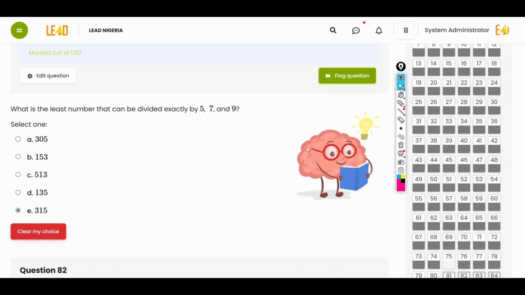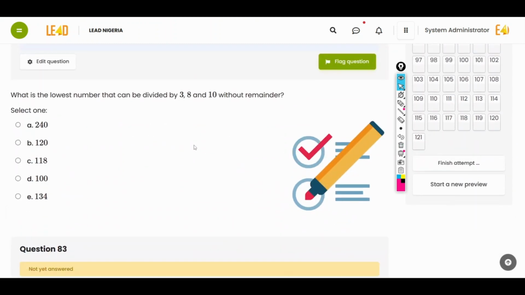All right. What is the lowest number that can be divided by 3, 8, and 10 without a remainder? Again, this is just another way of asking for the LCM, right? So what's the number that divided by all three of them without the remainder? So if I put this down here,